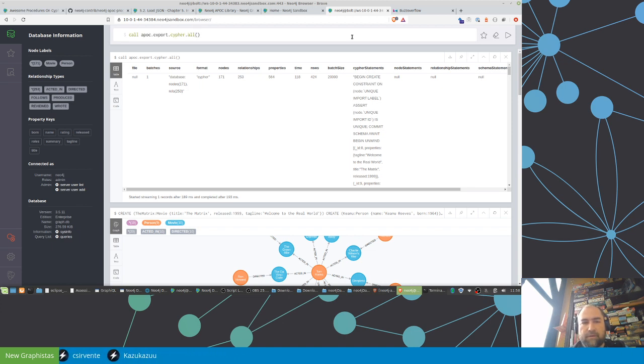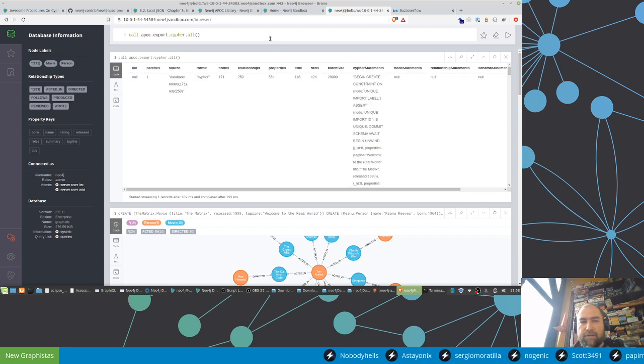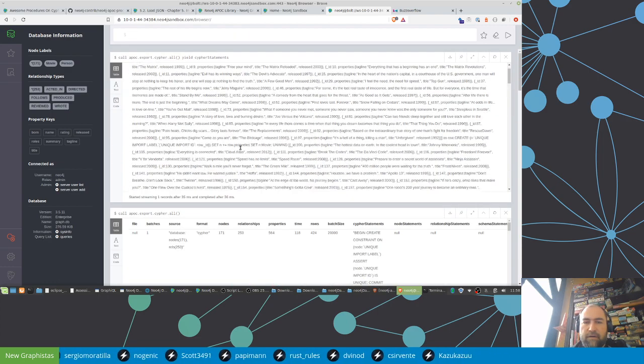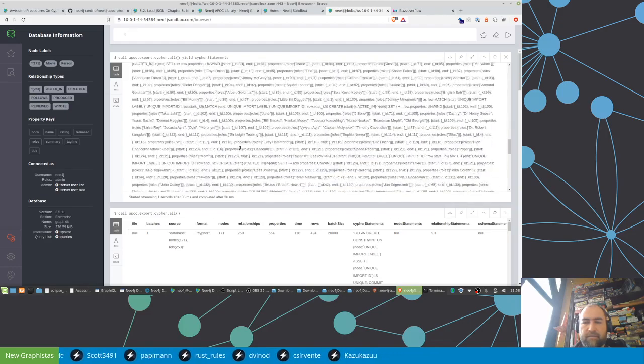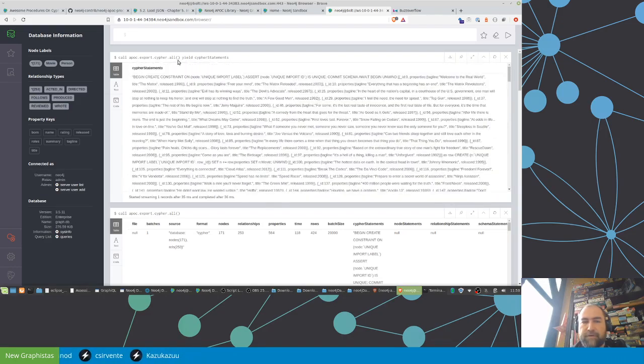That's really interesting. So when I don't provide a file here, when file is null, then it actually gives me the statements back as a client. So I can just say yield cypherStatements, and then I get the data as Cypher statements back, which is really nice because then you can just redirect it to a file and then you have your export stuff. And that works also for other things, like for instance, apoc.export.json